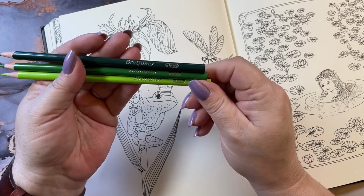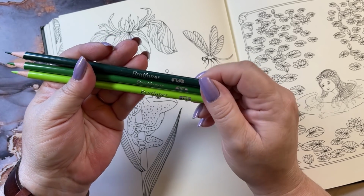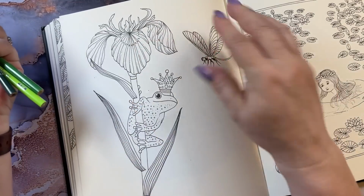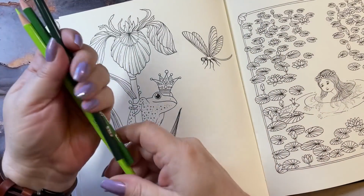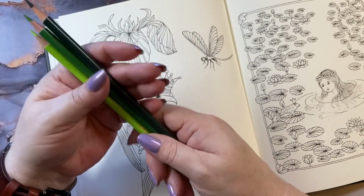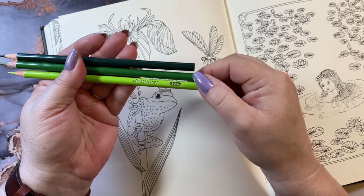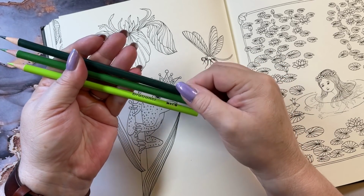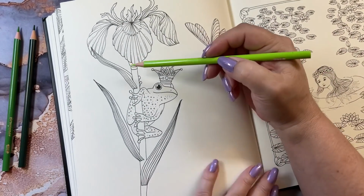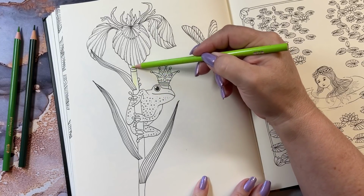I've pulled out 126, 6, and 53 in green tones that we're going to do the stalk of the flower in, and maybe add a little bit up into the flower. And then I have pulled out some purple tones, but we're going to go ahead and start with these, and I'm going to pick the lightest tone, then work with the medium, and then the dark. So we're just going to go over kind of the whole stem here with this light color, light green,